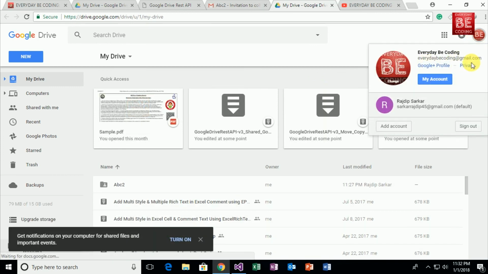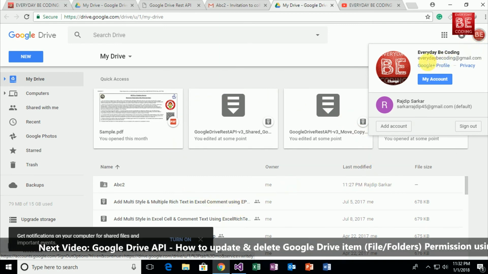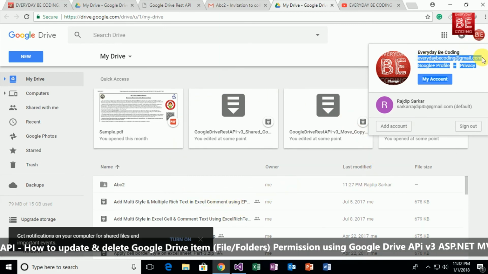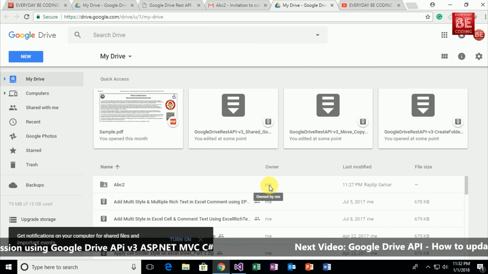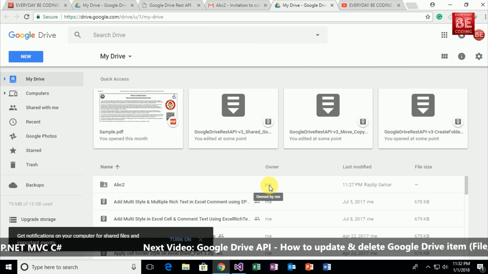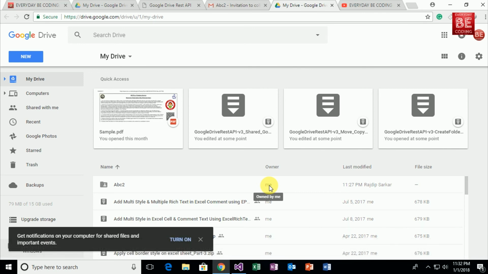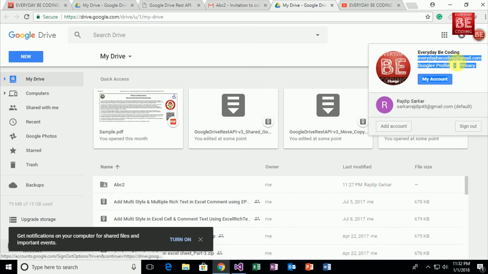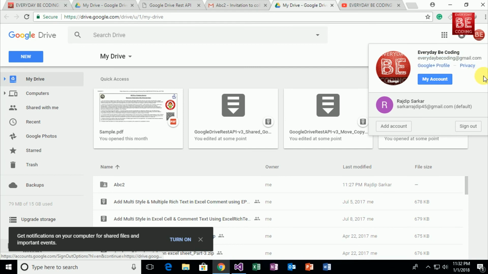the everydaypcoding@gmail.com email address, this is an ABC2 folder. This ABC2 folder is successfully shared with this email account, everydaypcoding@gmail.com, and when I hover my mouse over this folder, as you can see, owned by me. That means the folder's ownership is successfully transferred to this specific email address. Right now this folder has two owners, that means everydaypcoding@gmail.com and